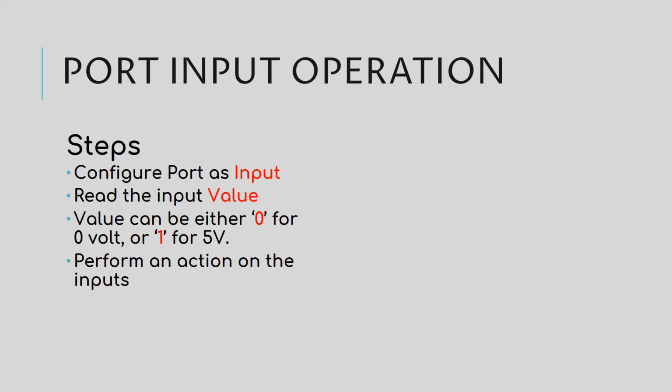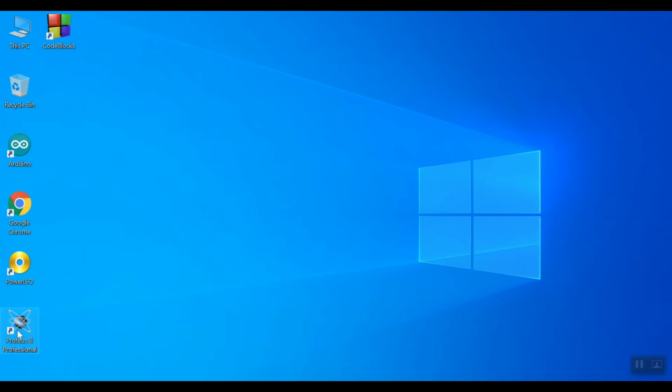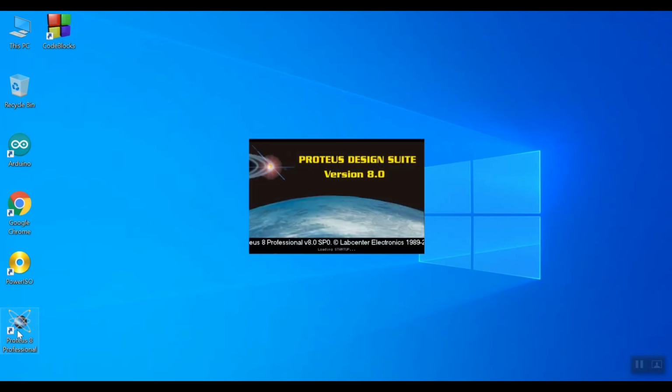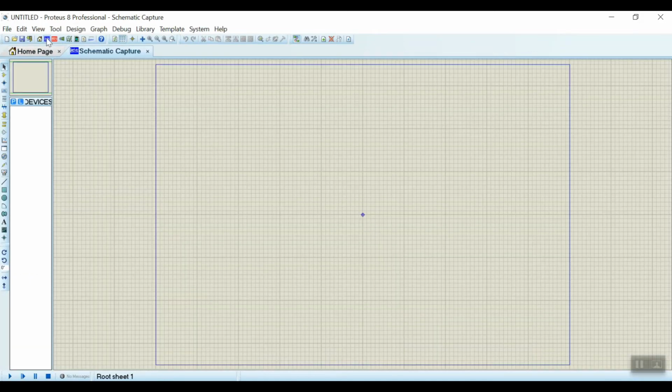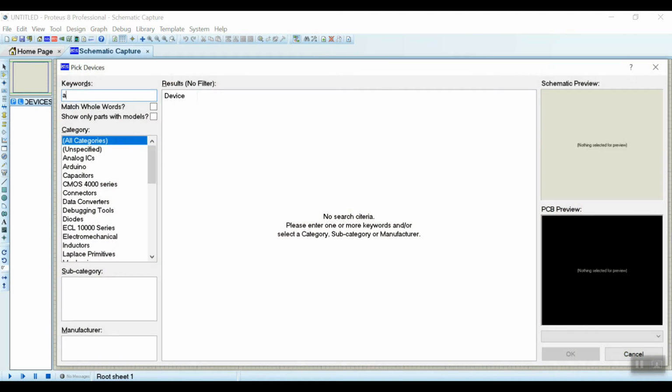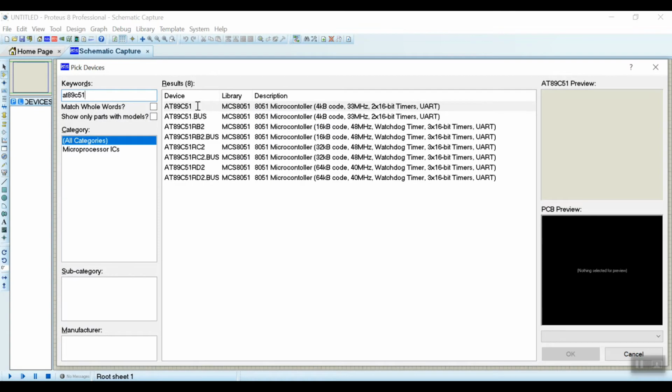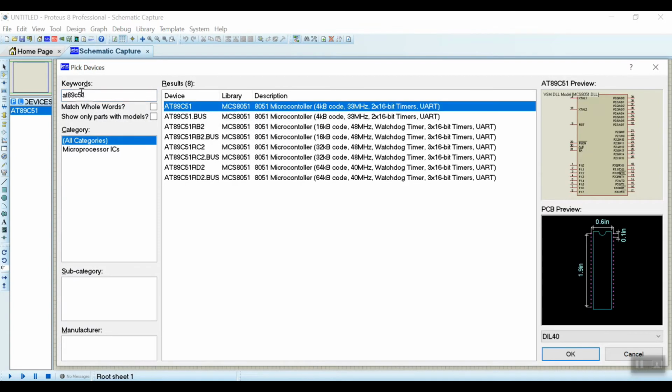So let's do that. This time, before writing the code, I'll design the circuit first. So this schematic capture has opened. So first I'll take the microcontroller, that is AT89C51. Then I'll take button.